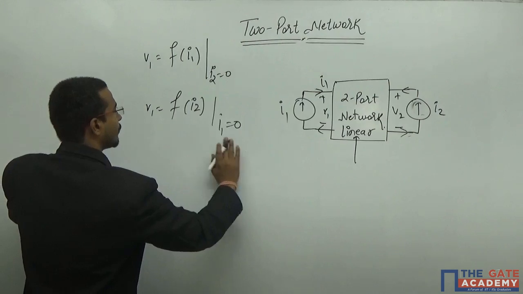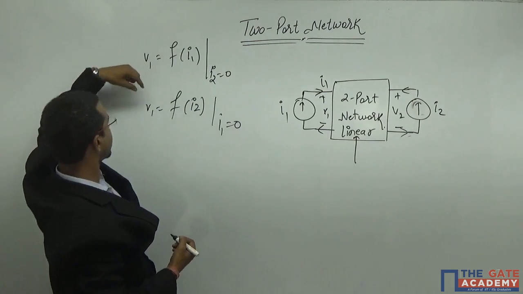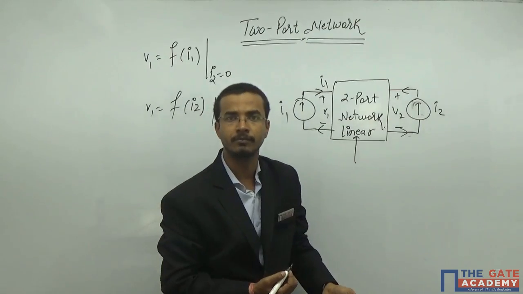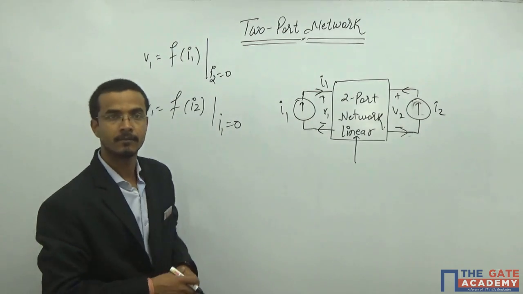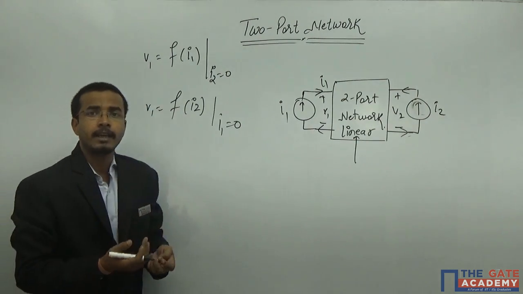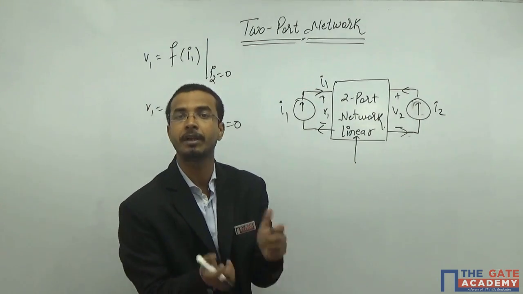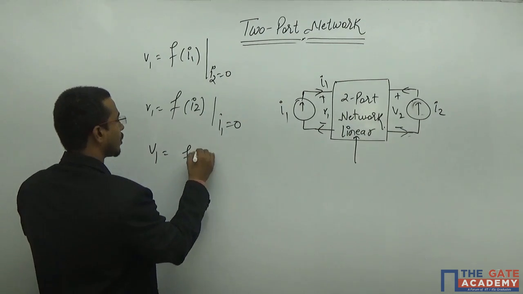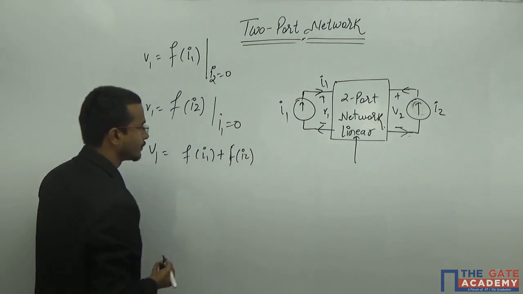Then I will modify this. That means it is my homogeneity: the V1 just because of this I1, and here the V1 just because of this I2. Only one source is acting at a time. And this source means whatever I have applied, the independent variable of my system. Now, that means I have applied homogeneity, and additivity gives us permission that after getting the homogeneity result, you have the freedom to add. That means total V1 will be the function of I1 plus the function of I2.